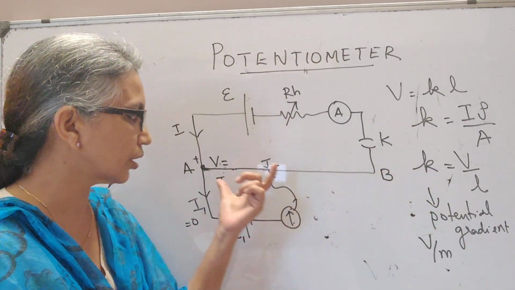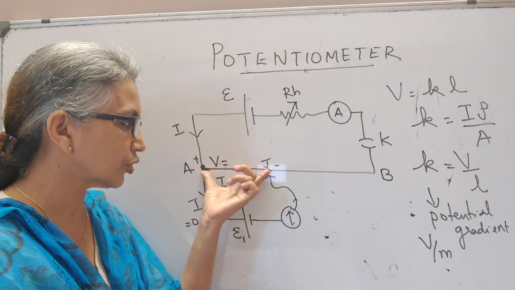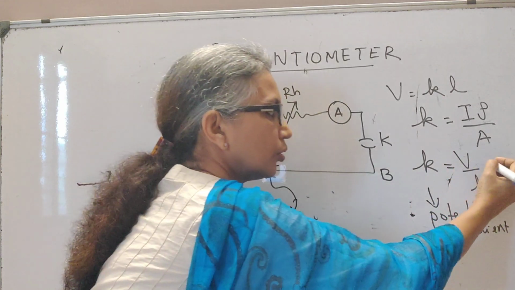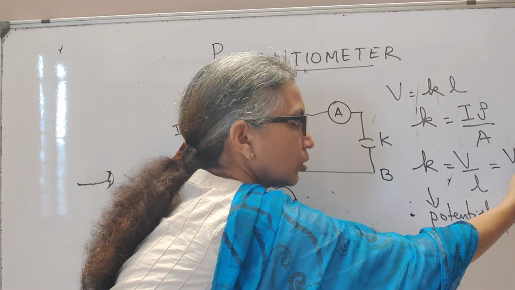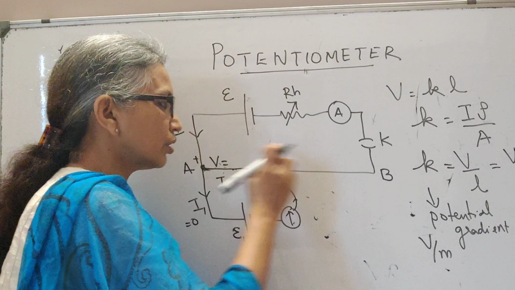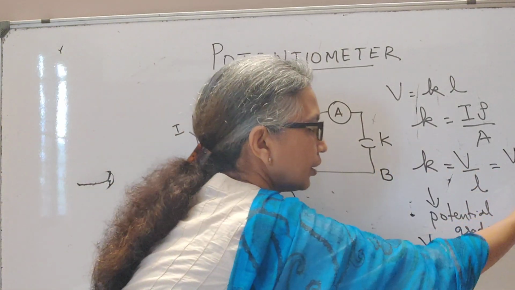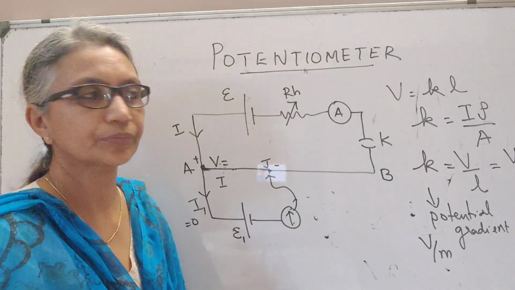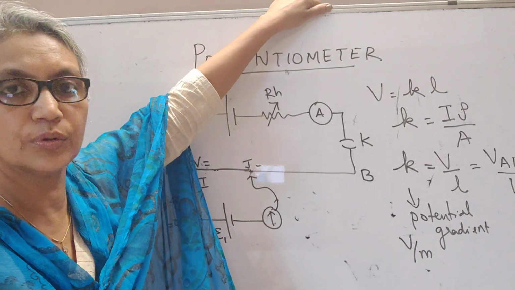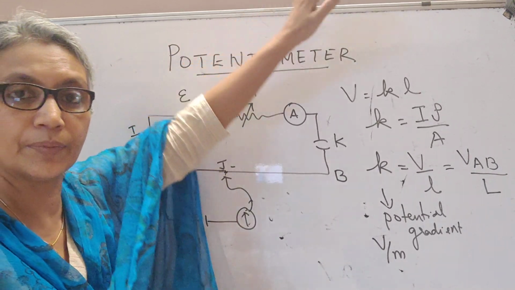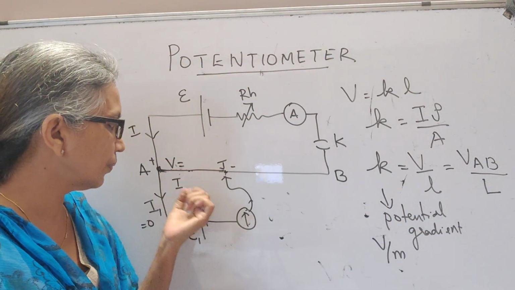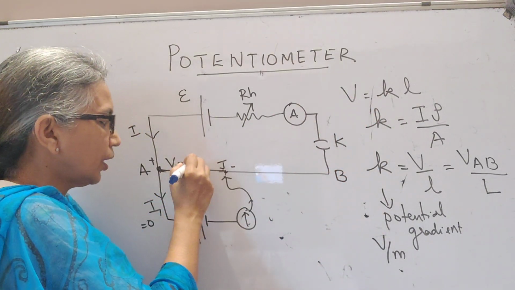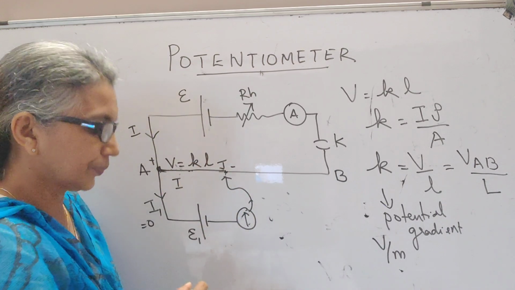So here I got the potential gradient by dividing this much potential V divided by this length of wire, and it could also be obtained by taking the total potential across this end to this end, VAB, divided by the total length of wire, which I will give as capital L. VAB by capital L, or this V by small l. Okay. So here we know V is equal to, from this formula, I know that this is equal to KL.